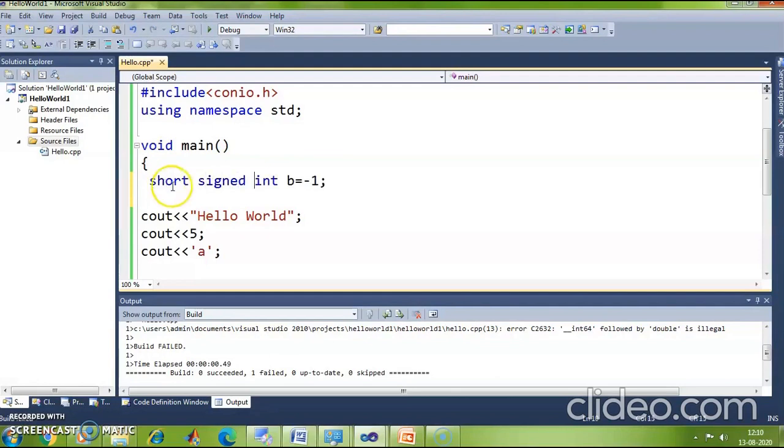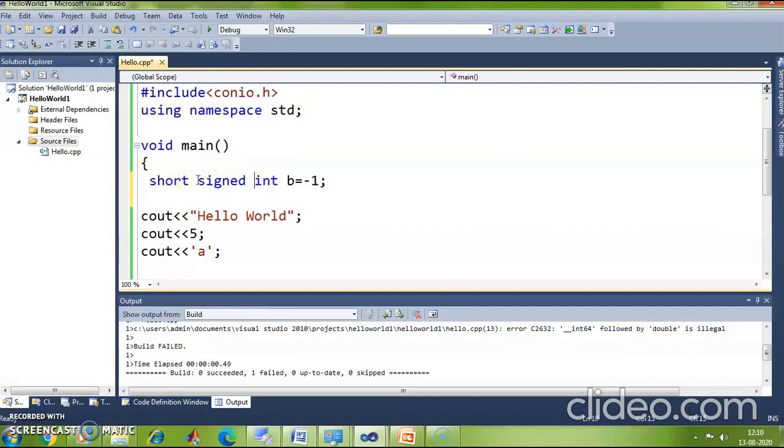Okay, so the short modifier reduces the size of the data type to half. In this case, the size of integer is 4 bytes, right? So a short modifier reduces the size of the integer from 4 to 2. If suppose I use a long modifier, the long modifier mostly doubles the size of the data type.